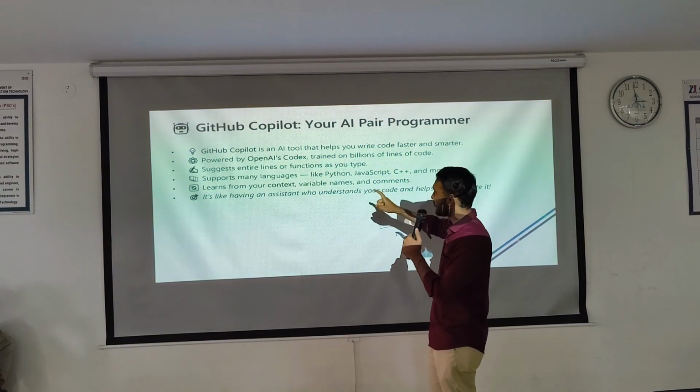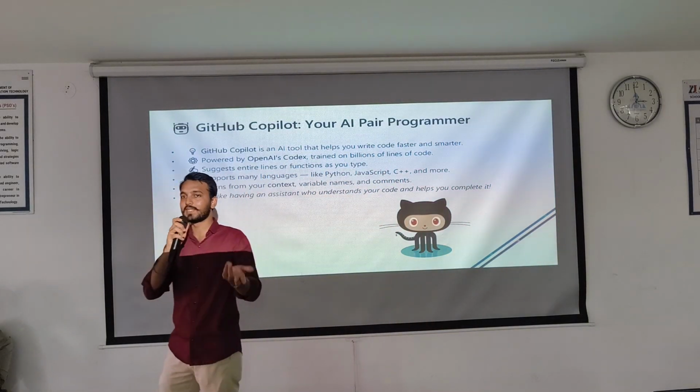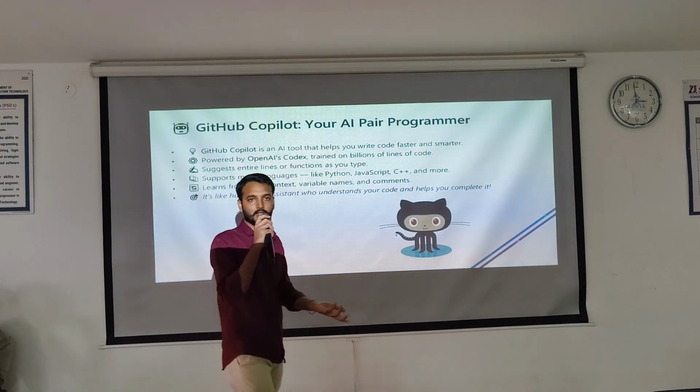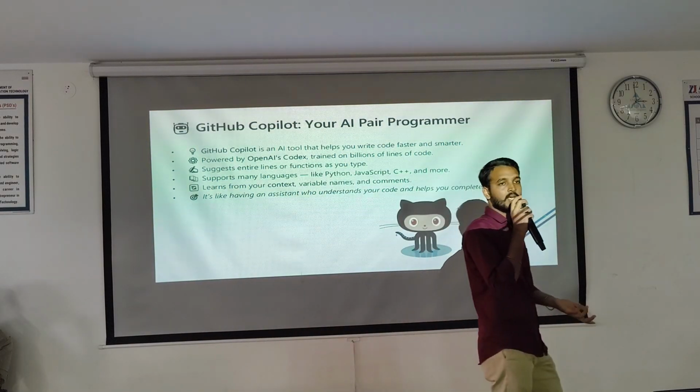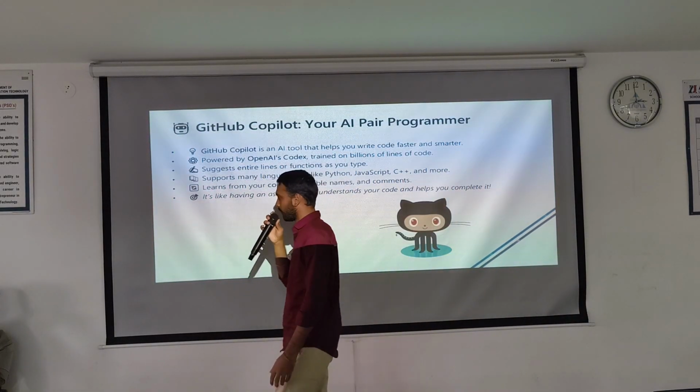That is why it is very important. It feels like you have your own assistant which is helping you a lot. Is that clear? Is it interesting? Yes? Yes. So next we'll move to